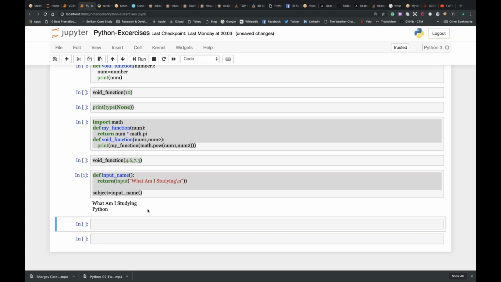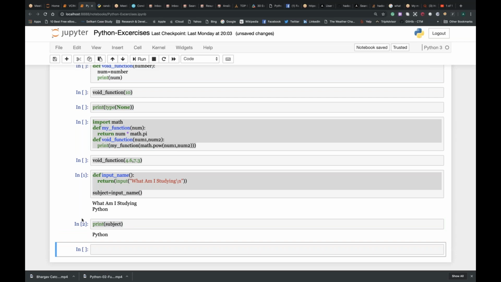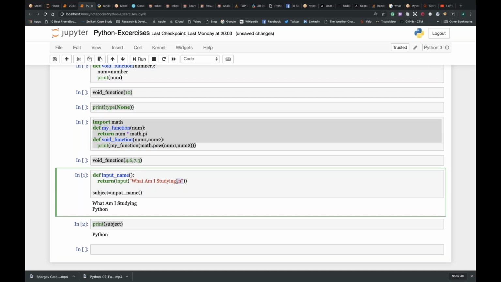So from this, what we understand is, if I say print of subject, I got Python. You got what I'm saying, right? This is how, guys, I want to highlight the mistake I made: I didn't use this backslash n.